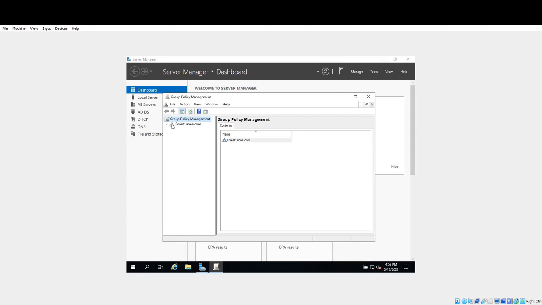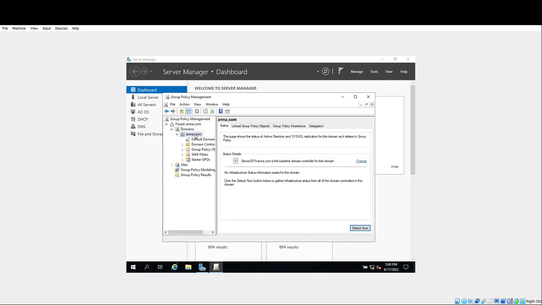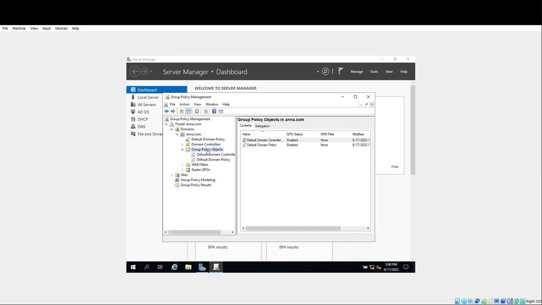We want to expand domains. We go to our domain. Group policy objects,